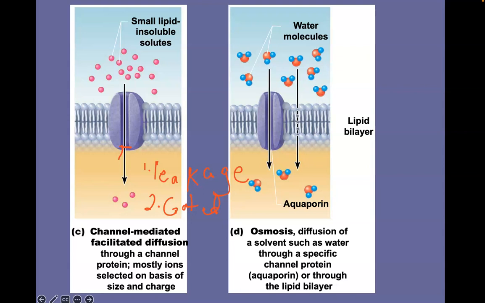Okay, so I just wanted to mention that those are the two types of channels, leakage channels and gated channels. And again, gated channels can be controlled by certain chemicals that need to bind to it to open the gate, or it can be an electrical signal, like, again, a voltage change across the membrane. So again, it can be triggered by some type of chemical that has to bind to it, some type of solute that has to bind to it, or it can be a change in the electrical